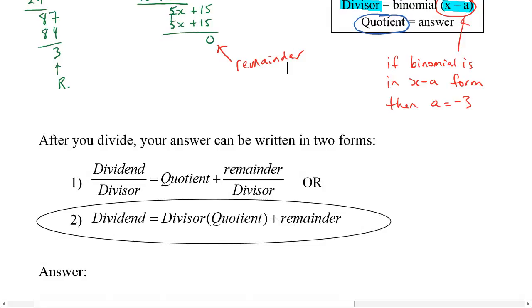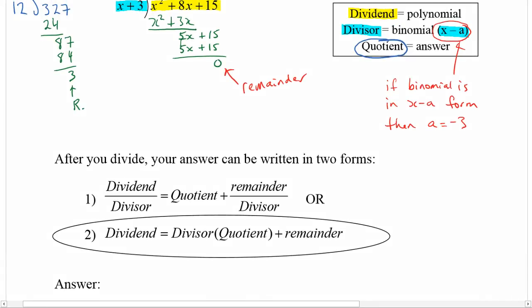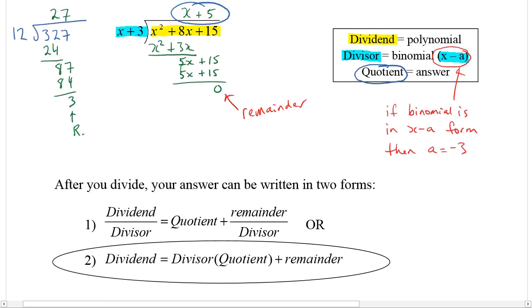In the first way we can do it, we can say the dividend divided by the divisor is equal to the quotient plus the remainder over the divisor. Well, let's try to put that example here in that form. So our dividend was our big polynomial, so that would be my x squared plus 8x plus 15, divided by the divisor. So my divisor was x plus 3